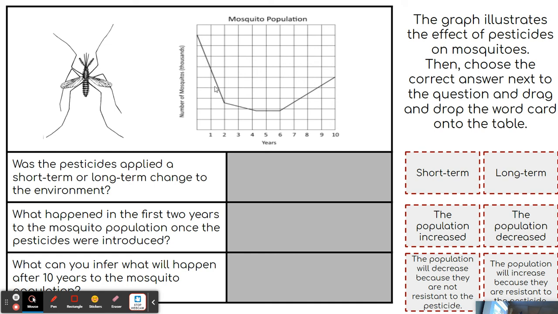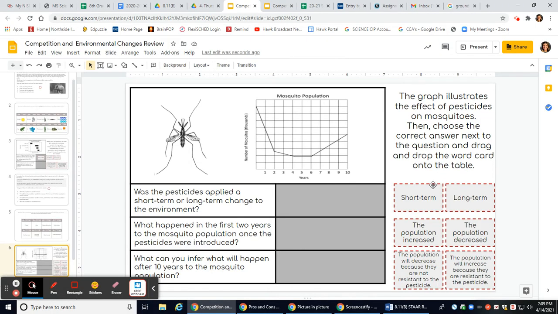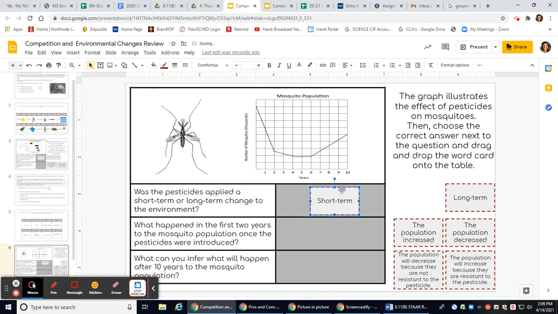It only happens 1 to 2 years. And you see the change in the population with the use of pesticides. What happened in the first 2 years of the mosquito population once the pesticides were introduced? I can see a decline, so the population decreased. What can you infer will happen after 10 years to the mosquito population? So here you see the mosquito population on an increase, on a rebound, but